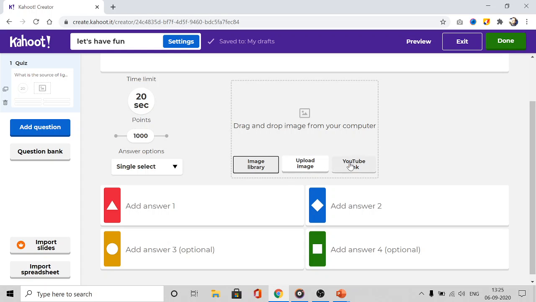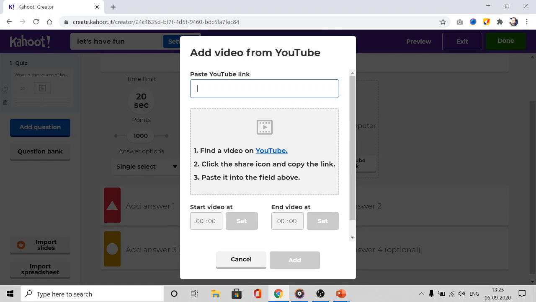YouTube video can be adjoined with your question from here for better understanding of your learner. All you need to do is copy the link of the video from the YouTube site and paste it here. You can even customize it with the segment or length from the timeline of the video to support your question. The length of video can be selected just for 20 seconds here, so you may choose the start point and end point in your selected video.